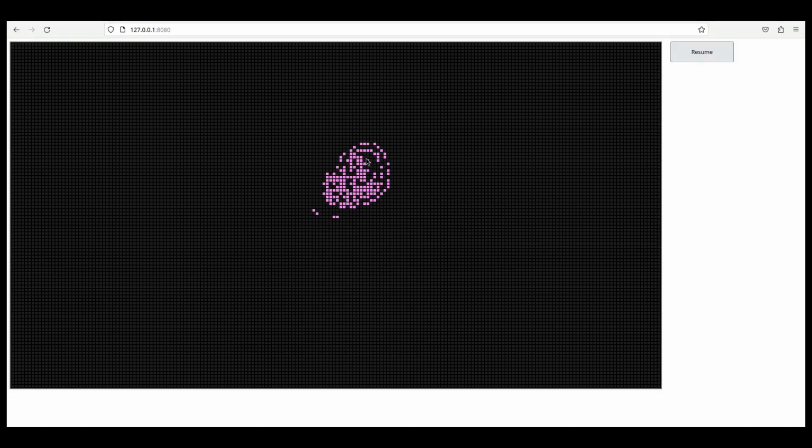Here is Amoeba. It acts very much like a real amoeba. Also, you can notice such wiggly structures.